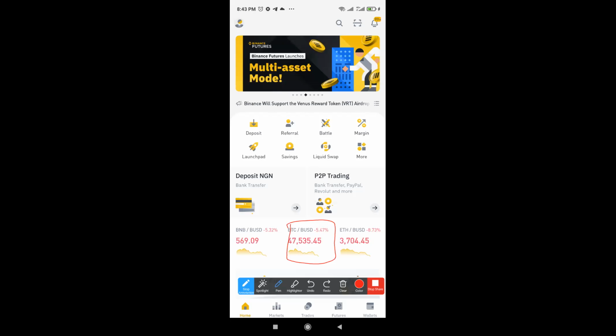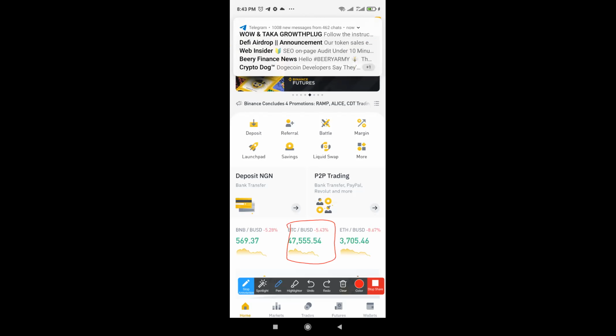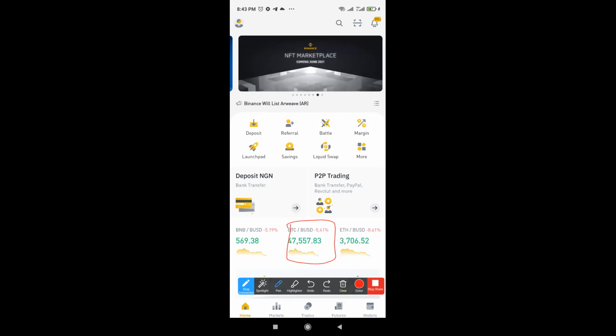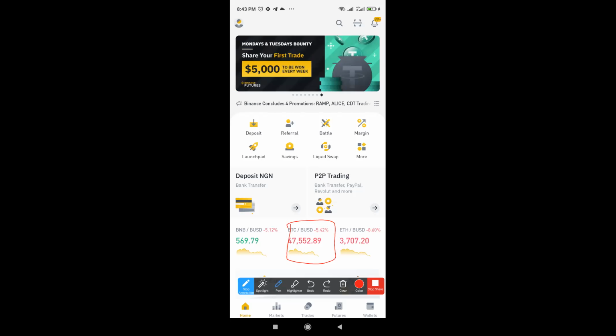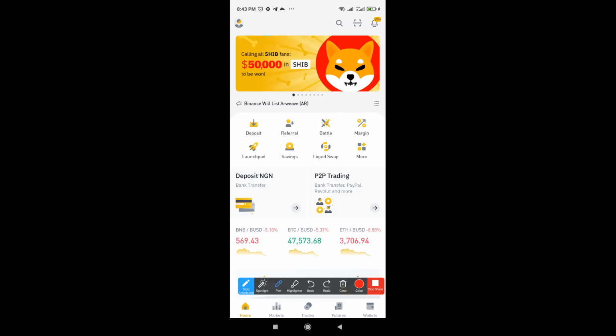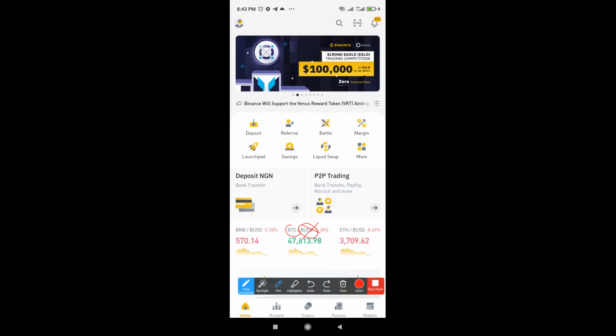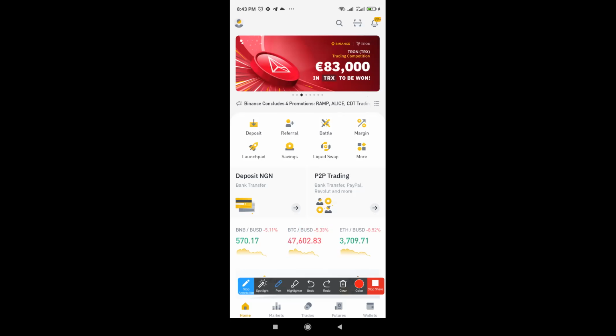Maybe Bitcoin against USDT can be 47,600 or 47,520. The difference is not usually much, but just for caution's sake, we always look at the coin against USDT, not BUSD.